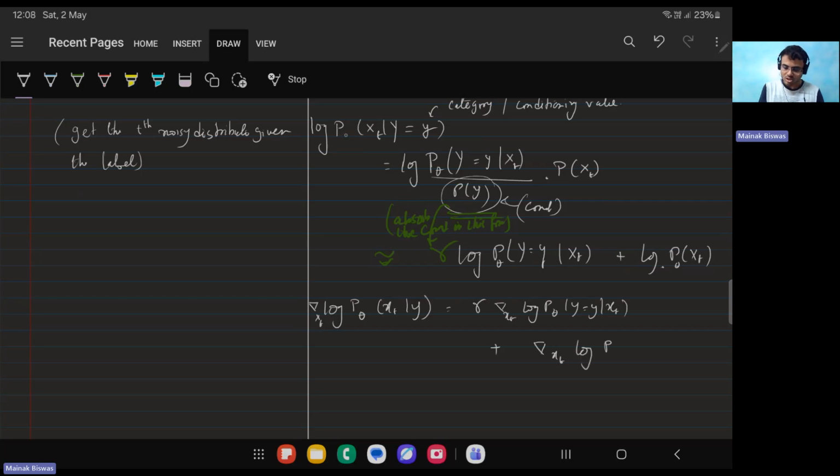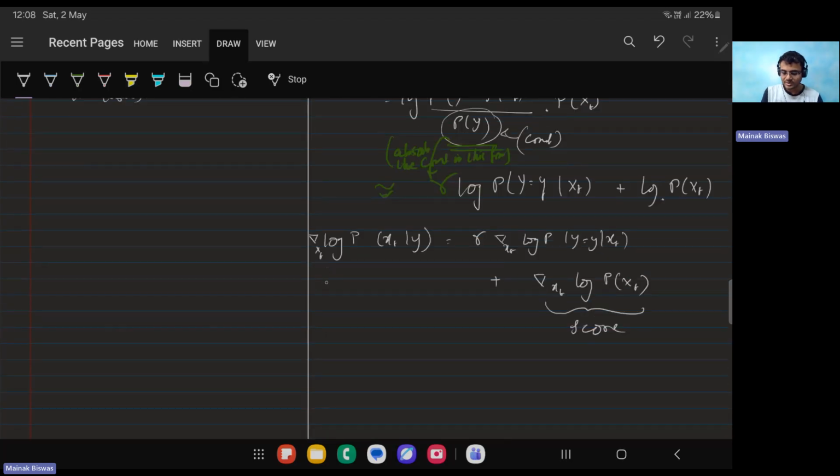So even if you assume the real distribution of the data, if we just remove all the thetas, this is going to be the exact value, right? So now you can clearly see this is the score. This is my conditional score. We will represent this as s theta. So I will approximate this as s theta of xt comma y comma t as gamma times